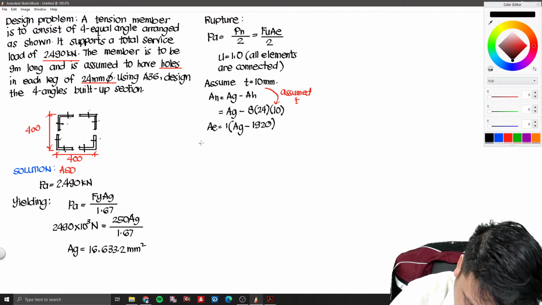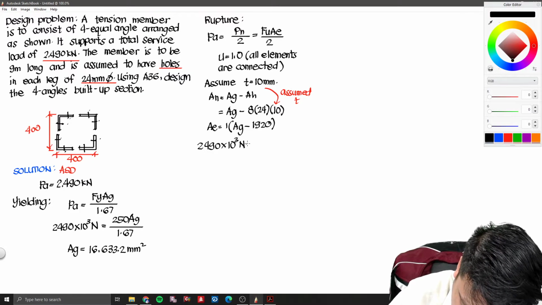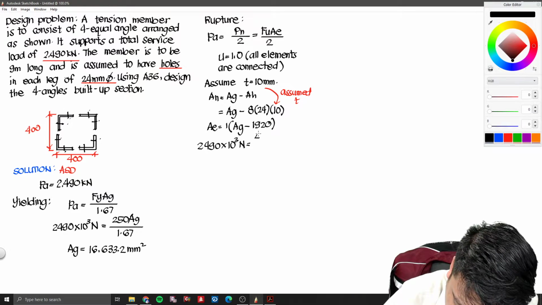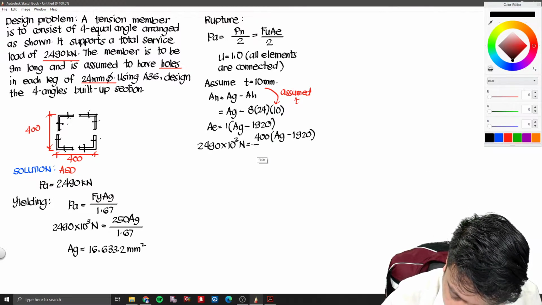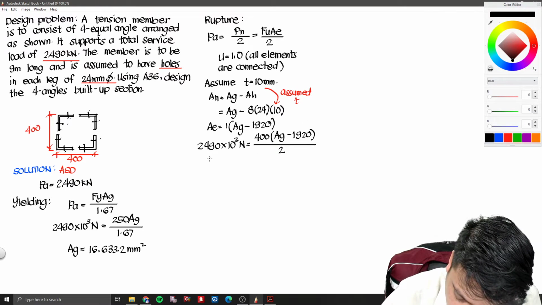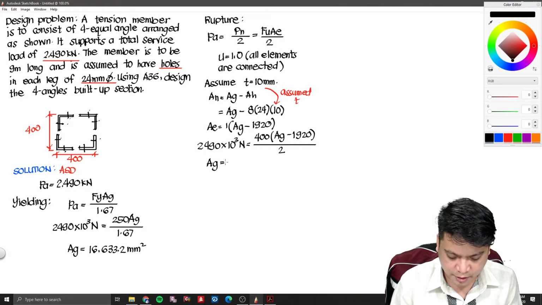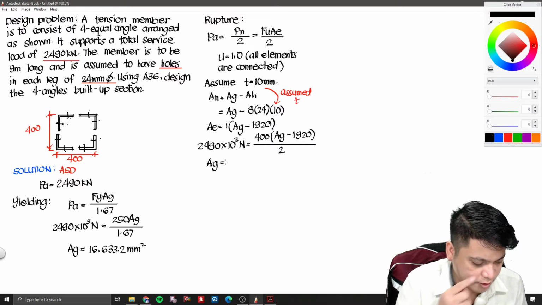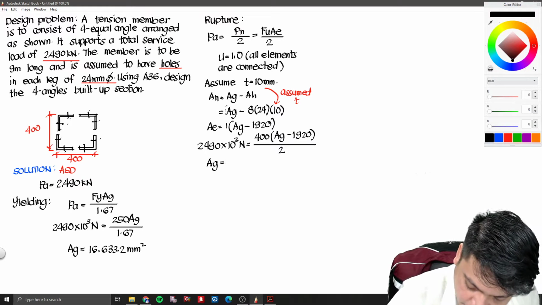So, I will now have PA again, that's 2490 times 10 to the 3 Newton. So, my FU is 400, and my AE is AG minus 1920. Okay? And then, I will divide it by 2. So, again, I get the gross area. So, 400 multiplied by AG minus 1920 all over 2, equals 2490 times 10 to the 3. Okay? So, I will need for this one 14,370